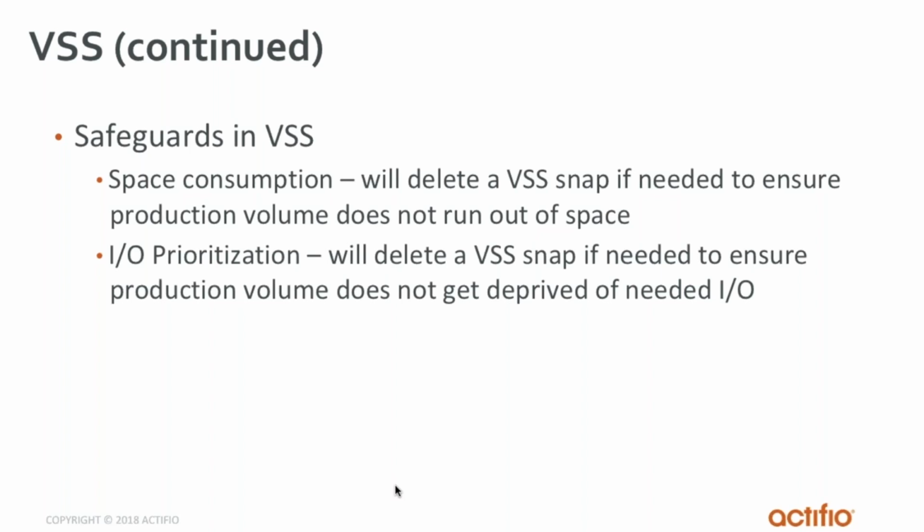And while most people, I think, probably know that VSS has that space consumption safeguard, they might not know that it also has an I/O safeguard. And I saw this too just a couple of weeks ago at a customer site, again, trying to take the first full backup on a couple of volumes. They had about 50 volumes in scope, and 2 of them had much higher I/O. And it wasn't even all write I/Os, it was a lot of read I/Os. But what happened was